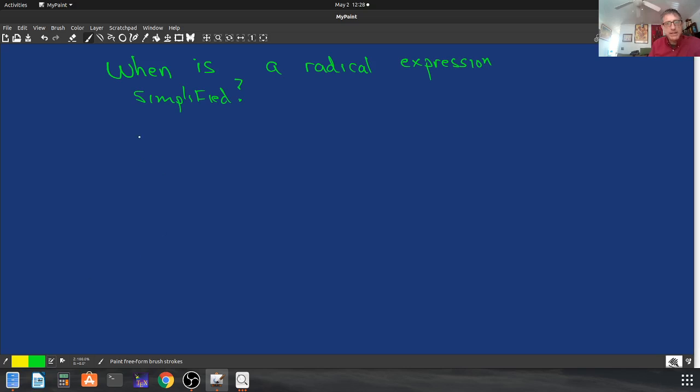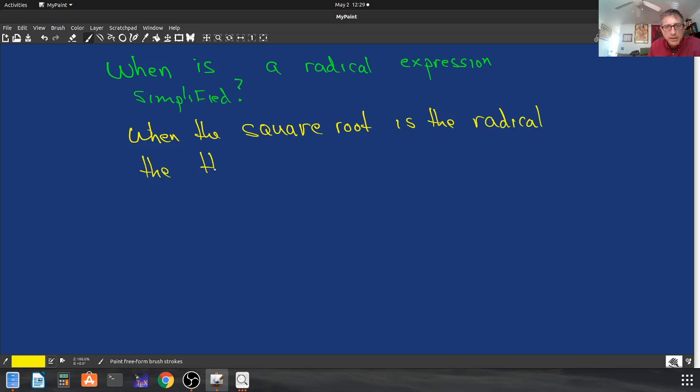I'm going to write it here. When the square root symbol is the radical, then the radical expression is simplified